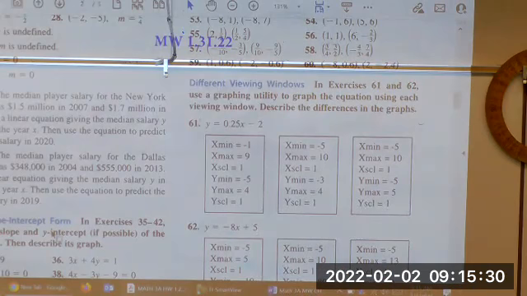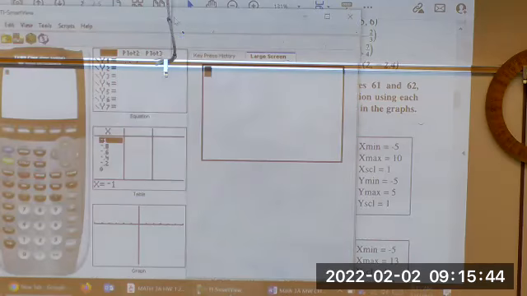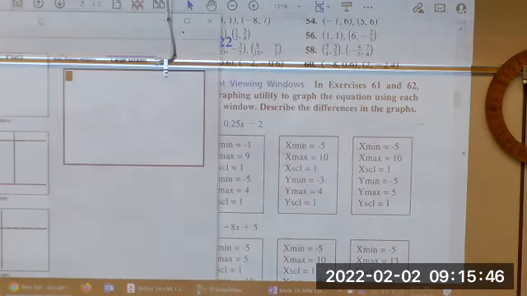Use graph utility to graph the equations using each viewing window. Describe the differences in the graph. Okay, so what they want you to do is, let me pull up the graphing calculator. We're going to punch in